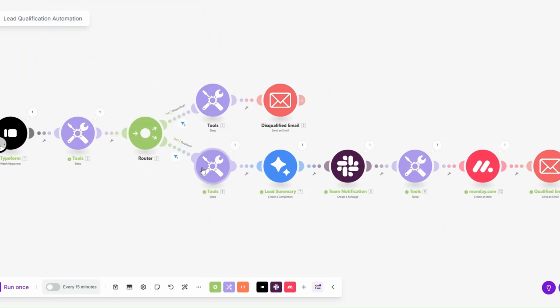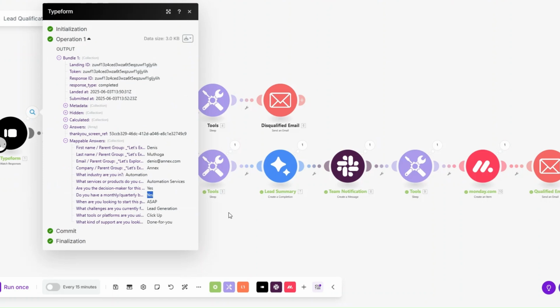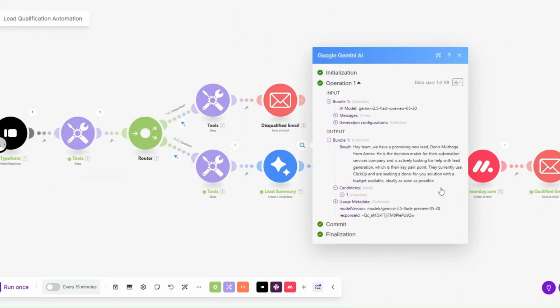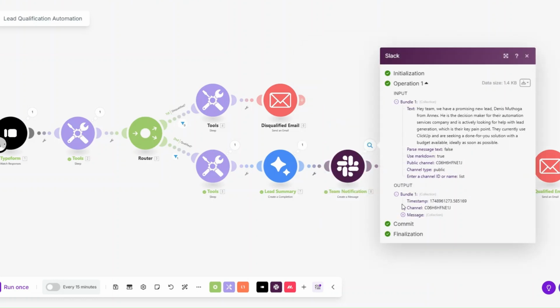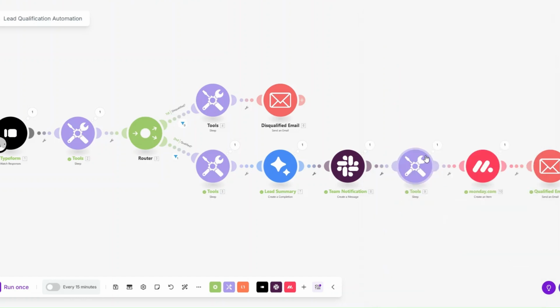We delay for a few seconds. Since they have a budget right here, you can see they do have a budget. That's why they are qualified. Then we're summarizing the submission right here with what they submitted over here. Then we are sending the summary to our team via Slack. This is the summary over here. Then we're delaying for a few seconds, then adding the